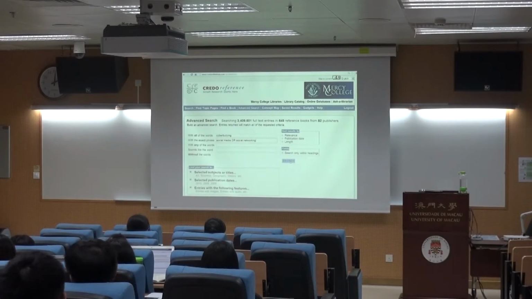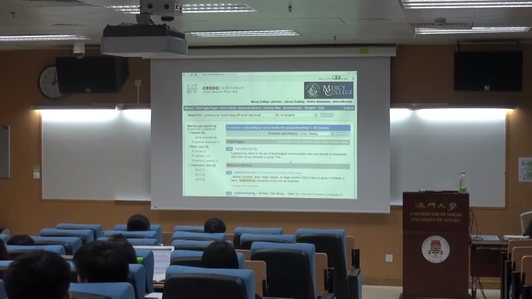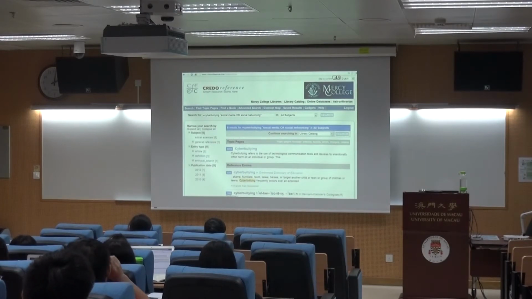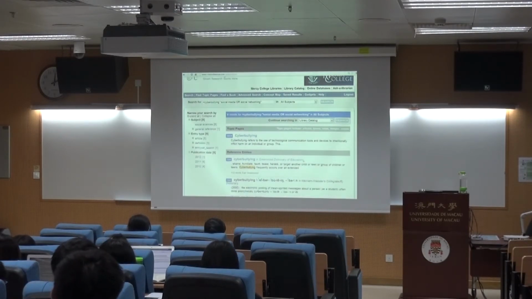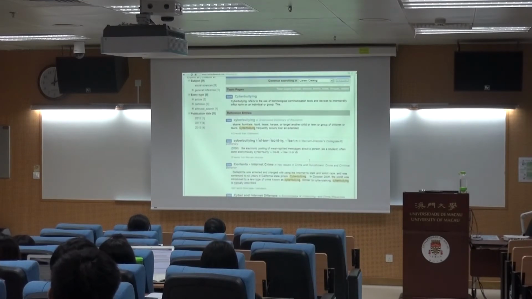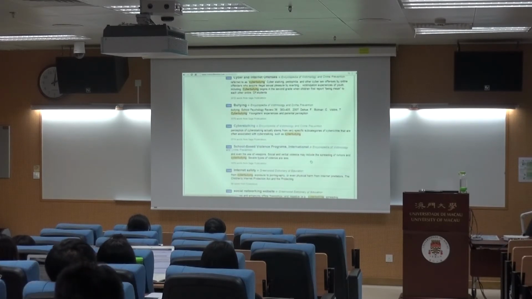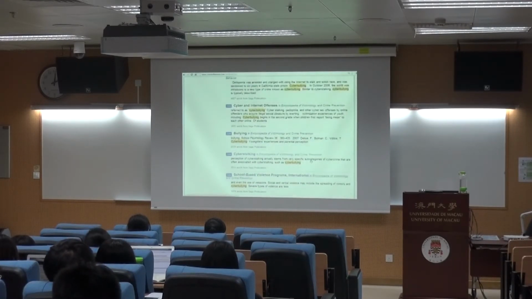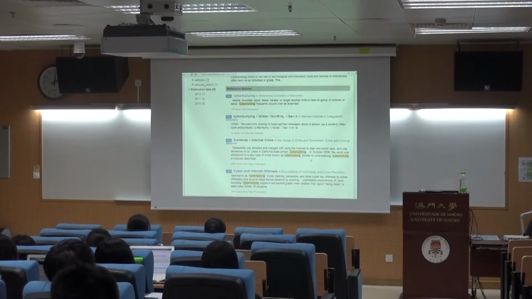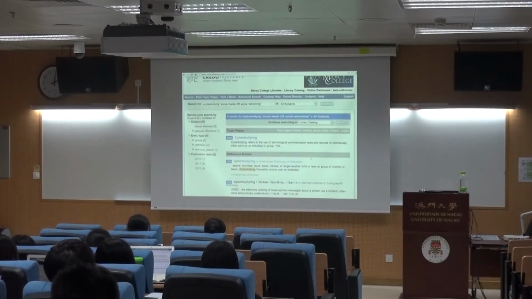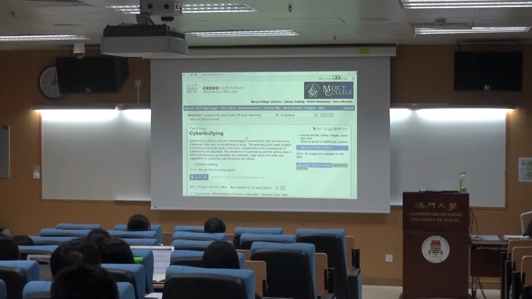Click search, and not an overwhelming number of results, but we did get 9. And as you see there, we have cyberbullying, we have cyber internet offenses, cyber stalking. That looks interesting. And then scrolling back up here, off to the left, just to point out briefly, you'll see how the database tries to focus these articles into a way that makes them easier for you to determine what you want. Let's click on cyberbullying just to see what it gives us there, and you see it gives us